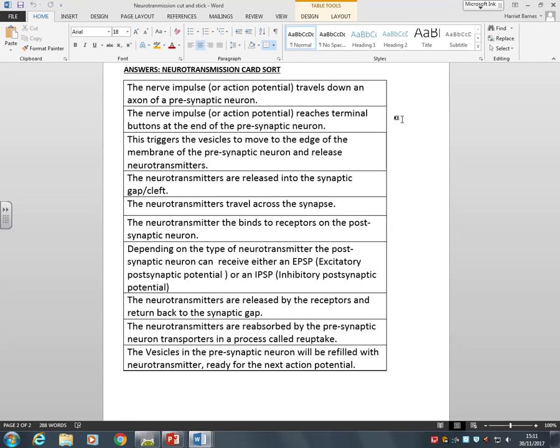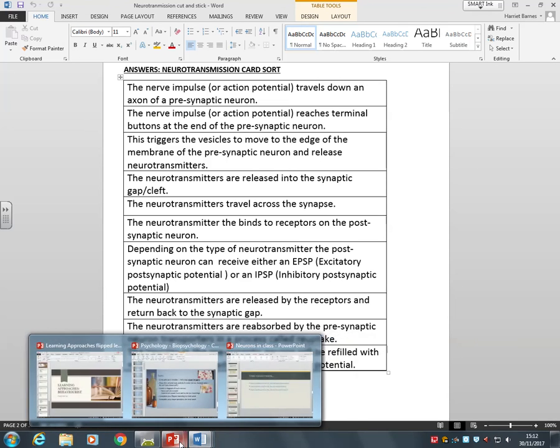If you're ever not sure of this one, a tip I should have given you before the answers is highlight the words pre and post, and not always, because obviously down here you have got presynaptic neuron matching, but most of the time pre is at the top, post is at the bottom. So you can stick those down, and then the final thing I think I've got to talk you through, yeah,